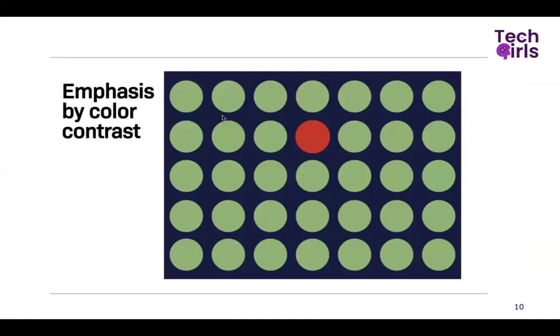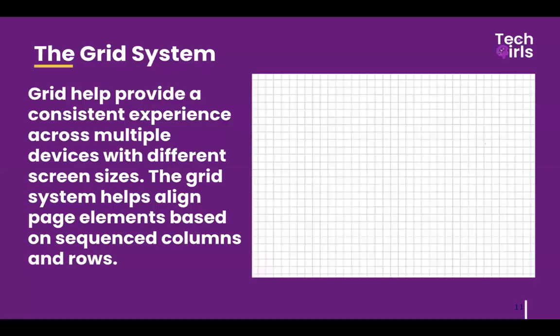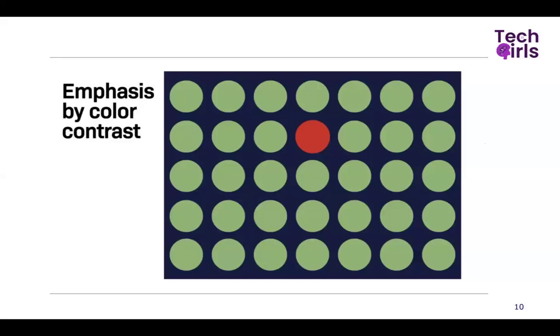Then emphasis by color contrast. Now, if you look at this here, you see green colors. Everywhere is green, but there's a red one here. It shows that there's something the designer wants you to notice here. Okay. If he didn't put this, everything will just be normal. Everything will just be similar. But him putting red here is showing you that he wants you to notice something. It's for emphasis sake. Okay. So that is about contrast,